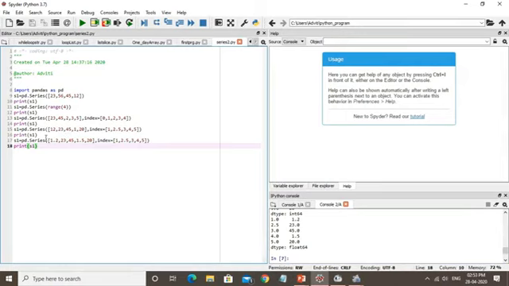I am using integers, but they will automatically be converted into float. Why? Because we are using a float value in the series. So now this thing is clear: we can create an integer type of series, we can create a float type of series, and we can also use the range function in the same manner.